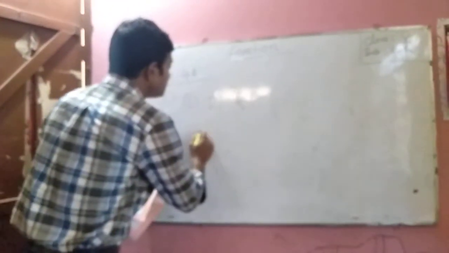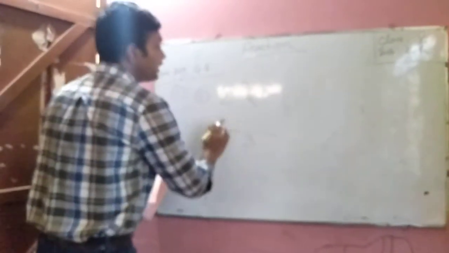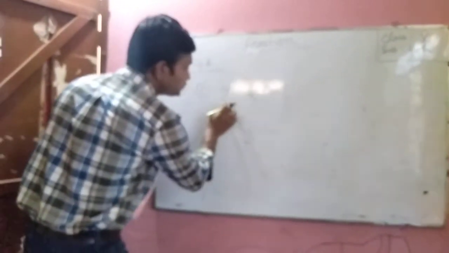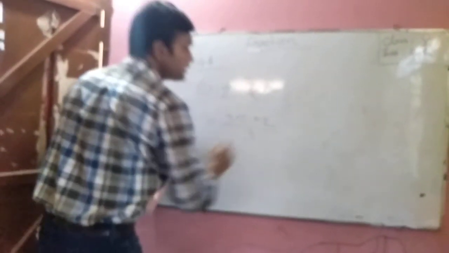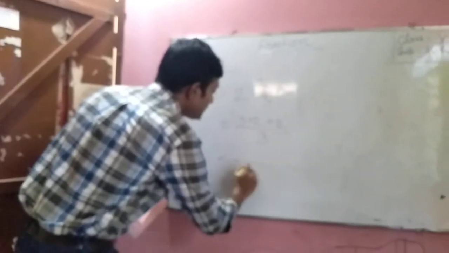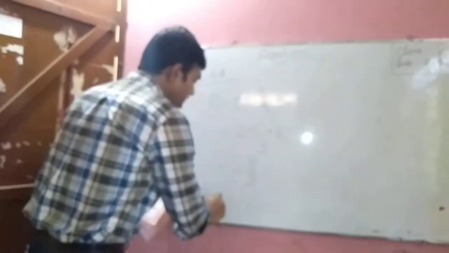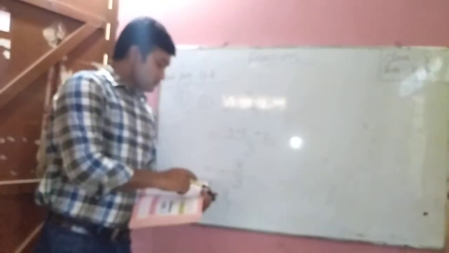Now look here. First of all, we have to write the denominator as the same, 3. Now we will multiply 3 into 2. This 3 into 2, and this numerator comes with addition. So here you can see 3 twos are 6, 2 plus 6 is 8, so 8 by 3. This is the answer. 8 by 3. So I hope you understand that, and you will try the other ones by yourself at home.